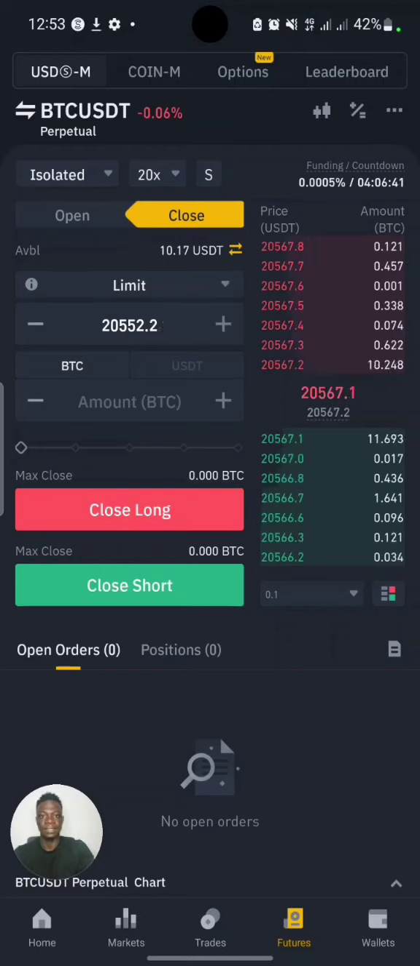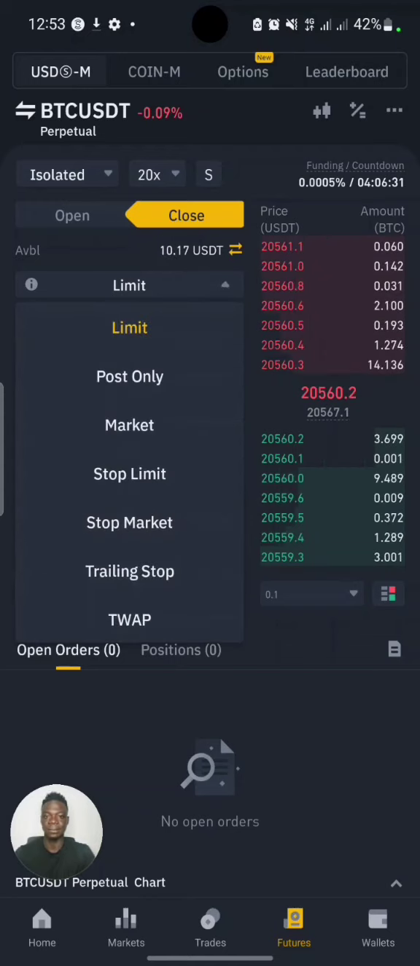Then the next thing is my capital here. I can add more money. Now this 10 USDT that is showing here is showing you that I only have 10 USDT to trade in the market with. The next thing below it is